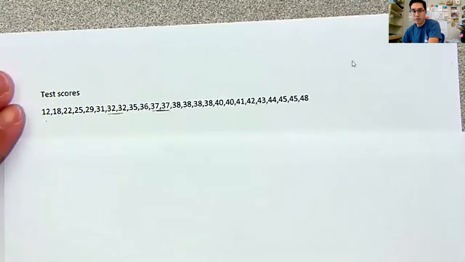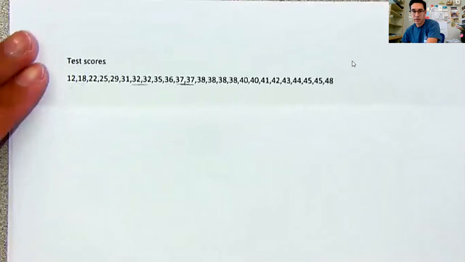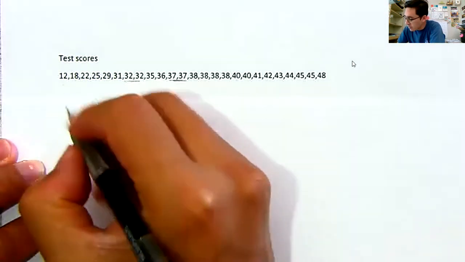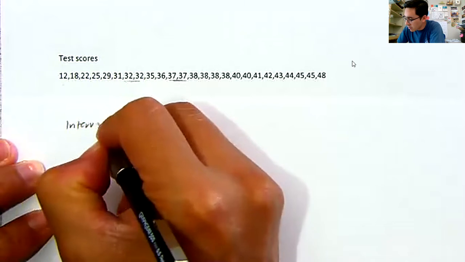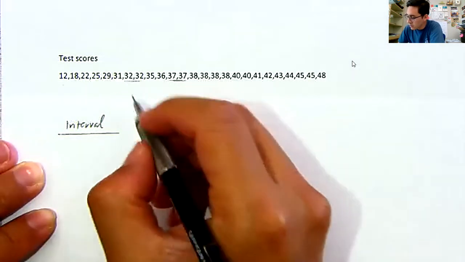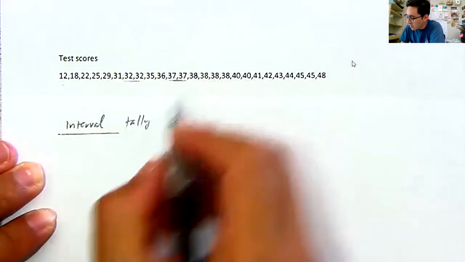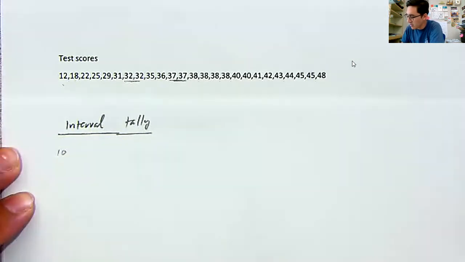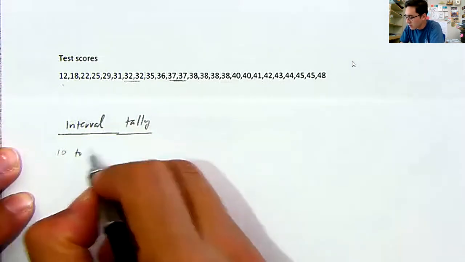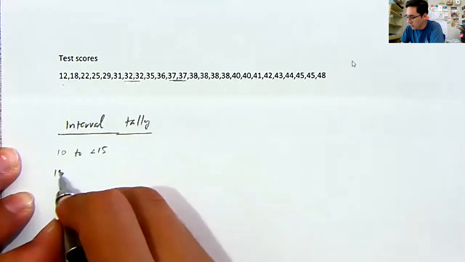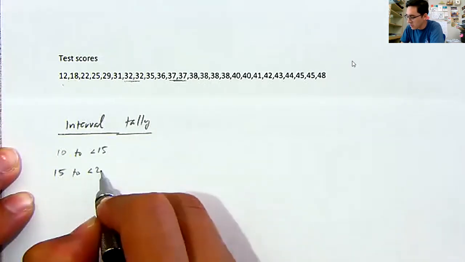Okay. I want to be able to see the data again. All right, so let's create intervals. And then we'll also do a tally as well. Okay, so let's go 10 to less than 15. We can go 15 to just less than 20,